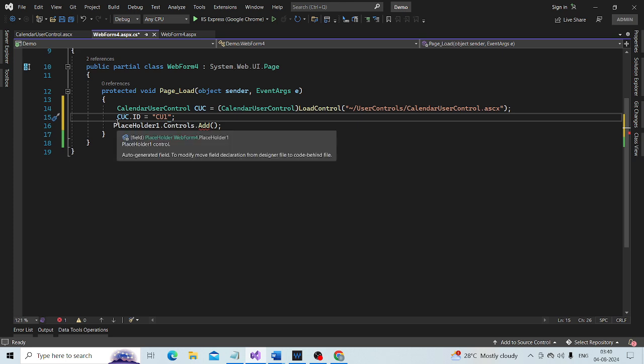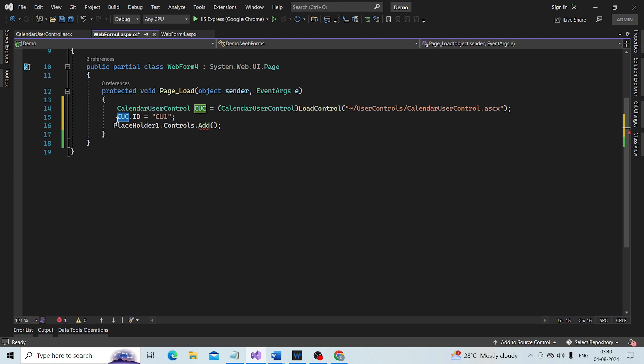I want to add this calendar user control to this placeholder.